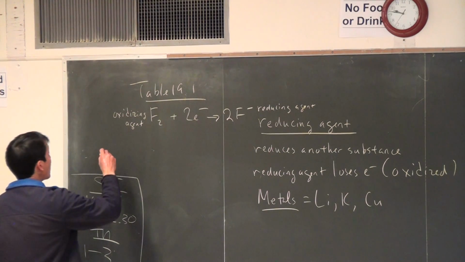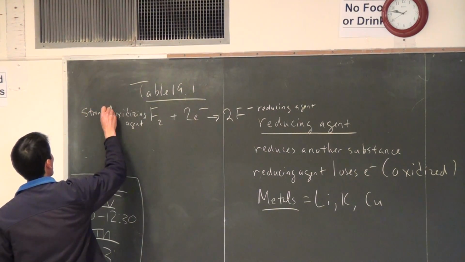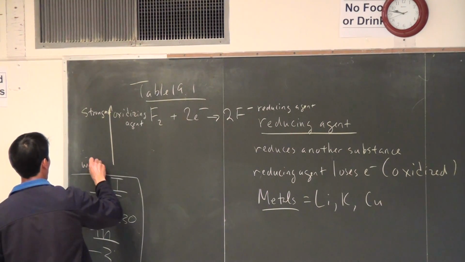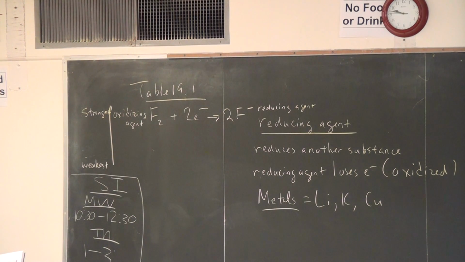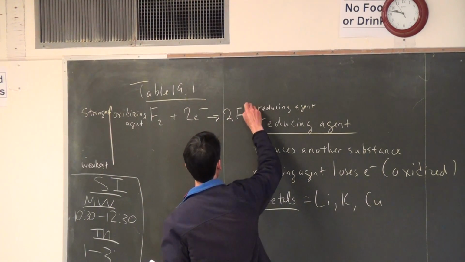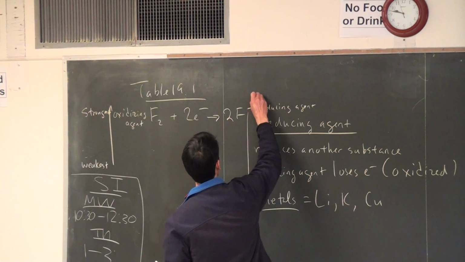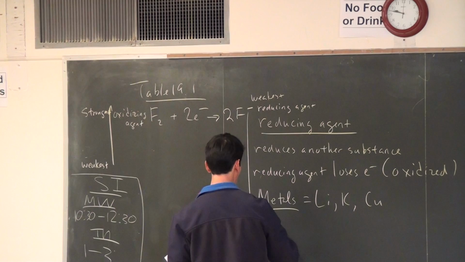As we go up this list, we have the strongest ones at the top, and then the weakest ones at the bottom. So if you have a strong oxidizing agent, is the corresponding reducing agent going to be strong or weak? Yeah, weak. So note that fluoride is going to be the weakest reducing agent, and then the one at the bottom is going to be the strongest